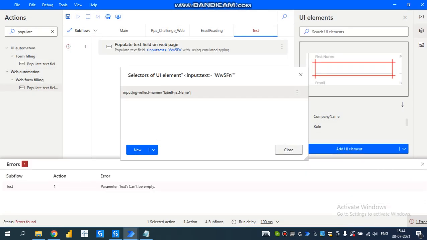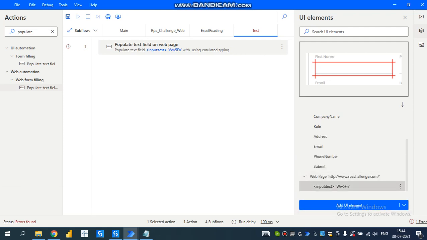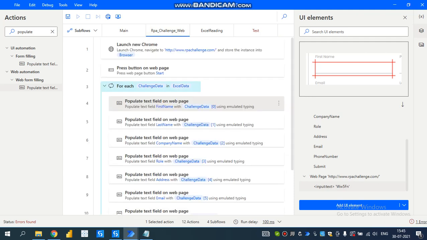This is not only for first name; we have to apply this method to all fields like last name, company name, role and address. To all of them we applied the same thing. Let me show you the other things. Last name, right?